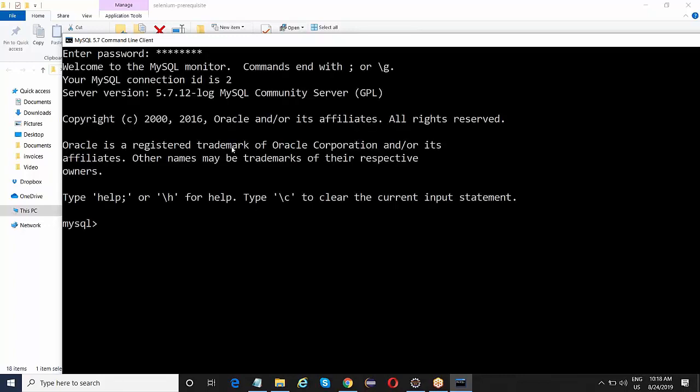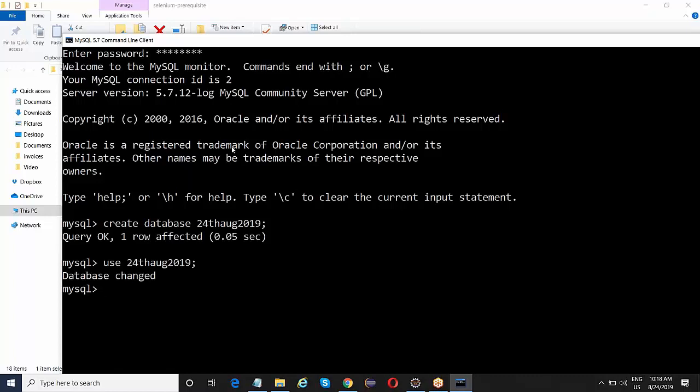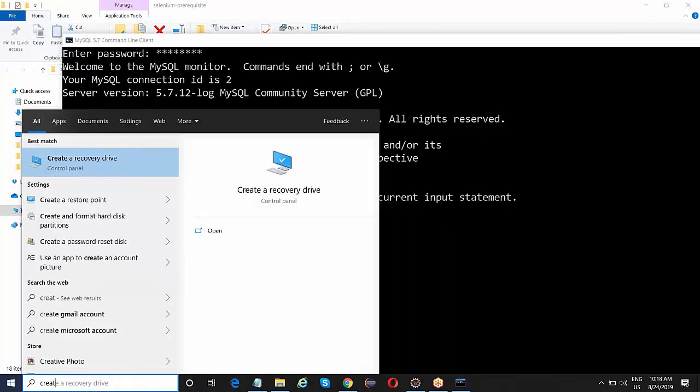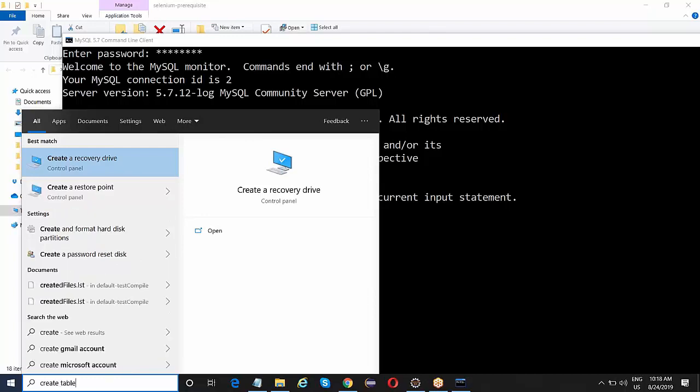Now, you need to first create some database. So say create database, I'll name it as 24th August 2019. One row affected. Then say use 24th August 2019, database changed. Right, now we need to write some insert statement or create a table first and then insert some records. I believe everyone is familiar with basic SQL statements, right? So what I'll do, I'll really quickly open this file